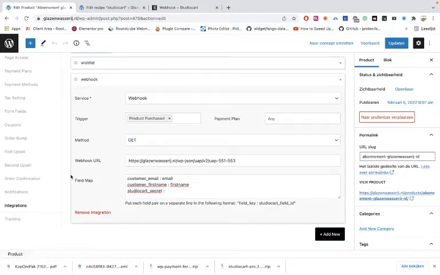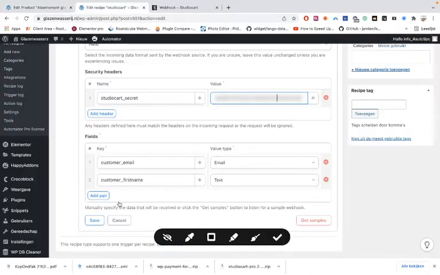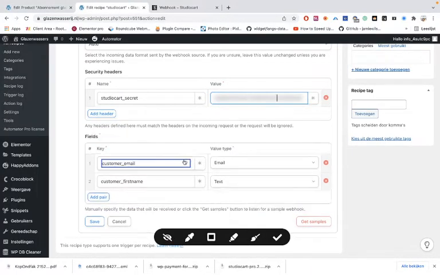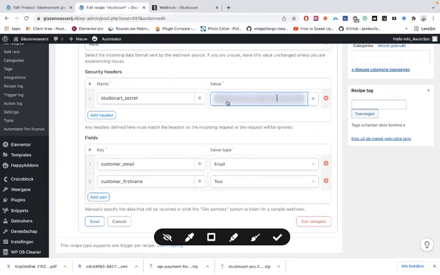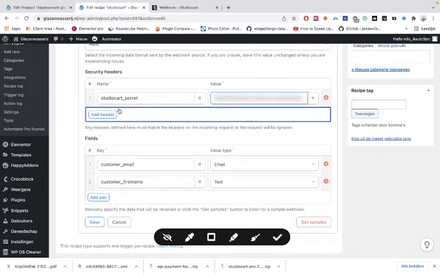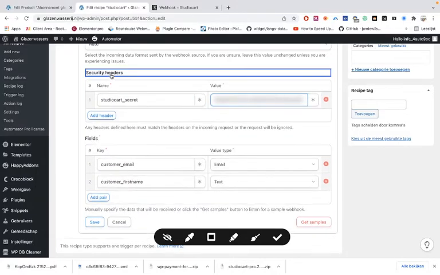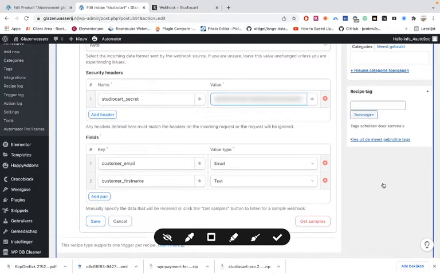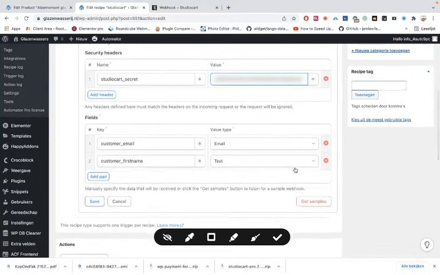And the secret, you can find it in the settings, it is your API key. So you want to use your API key, and you have to embed it in here. And we're going to use Uncanny Automator, and then you have to make sure that you embed here the API key and the key in the header. So security headers, then you have to embed it in here. These are the keys,